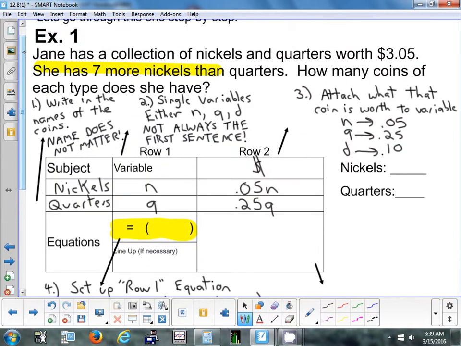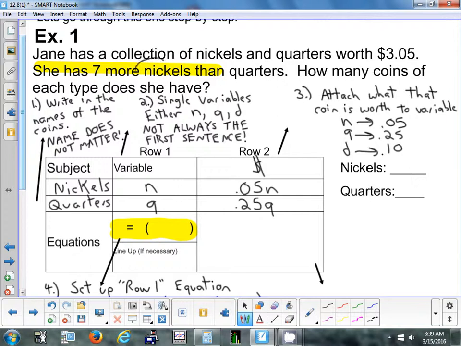In this problem, I highlighted it. All right? It gets a little tricky here. She has 7 more nickels than quarters. What's the first coin that's mentioned? Nickels or quarters? Nickels. Whenever it says 7 more than, 7 less than, the